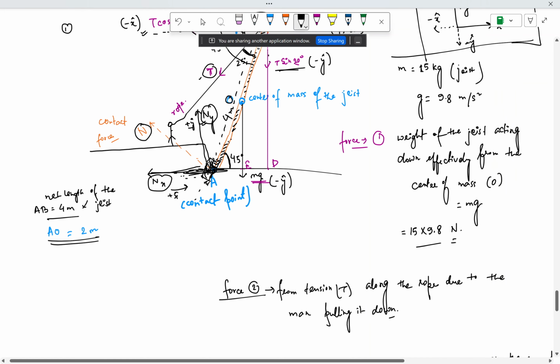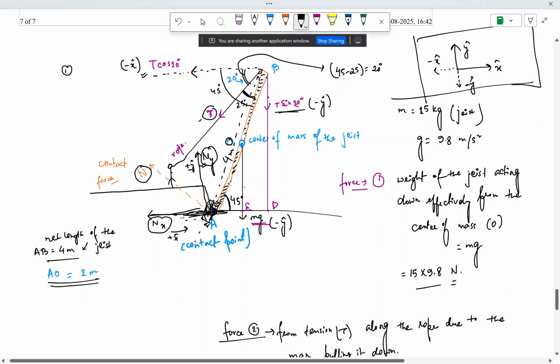If you look component by component again, the forces that will effectively create a torque are those at some application distance with respect to this contact point A. A is serving a major role here because A is the only point of contact with the ground, right? So any torque will take the point A as the reference point. Any force applied at some distance with respect to A will have an effective torque.